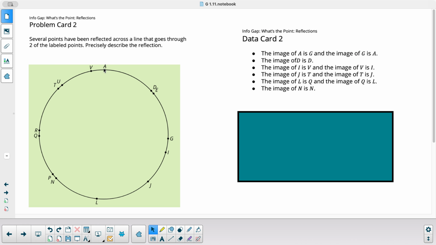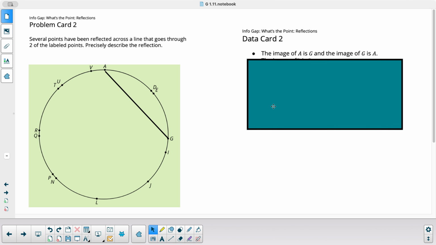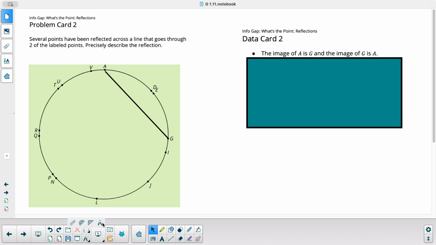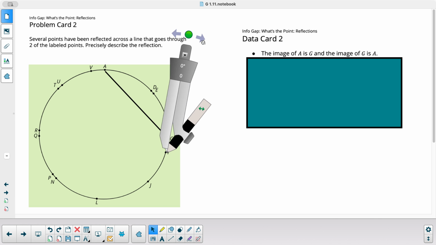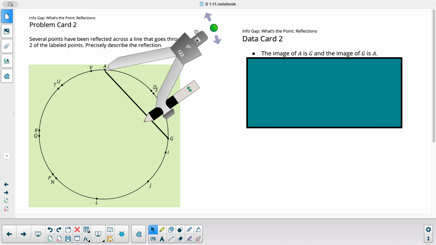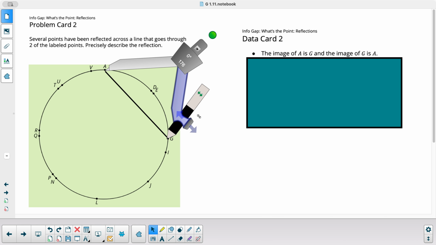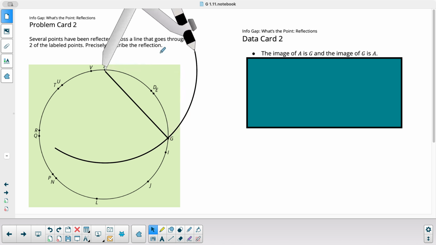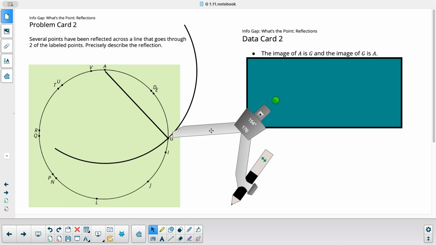The image of A is G. So I'm gonna do a line here. So A goes to G. Okay, so if I did a perpendicular bisector of this segment, I could get my line of reflection. So let's say I didn't have any other info here. Let's say that was all I had. If I wanted to, I could do a perpendicular bisector here. If I open this up, get this, and then move that over here,